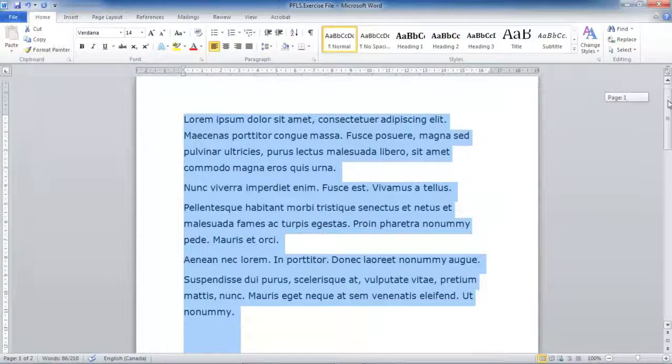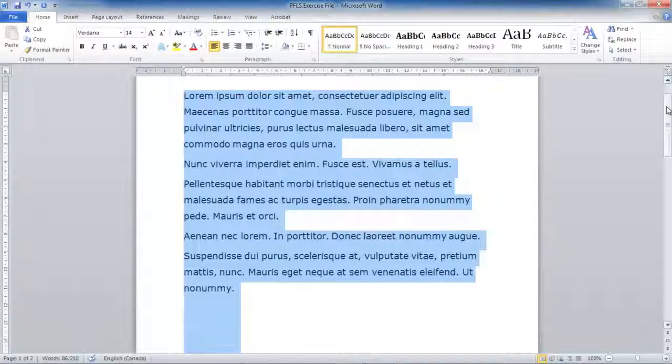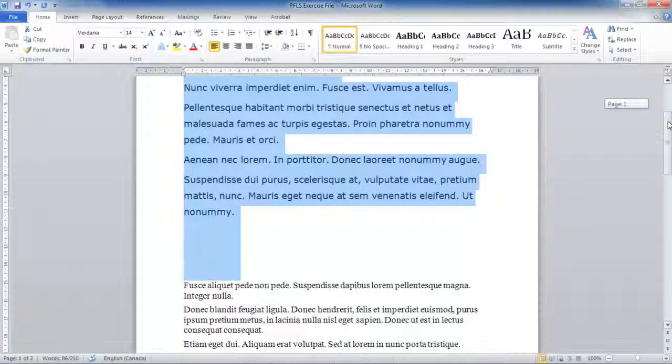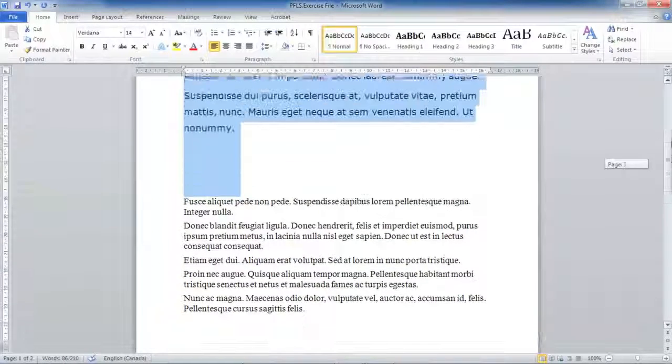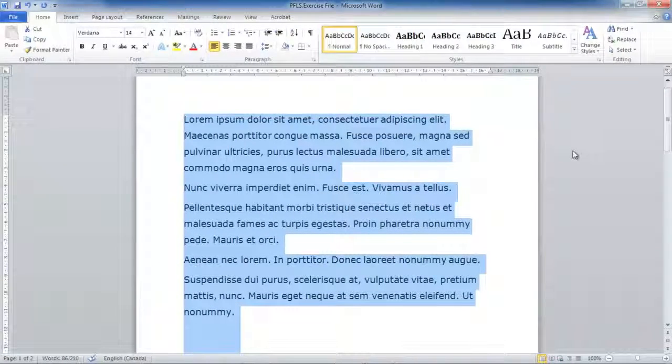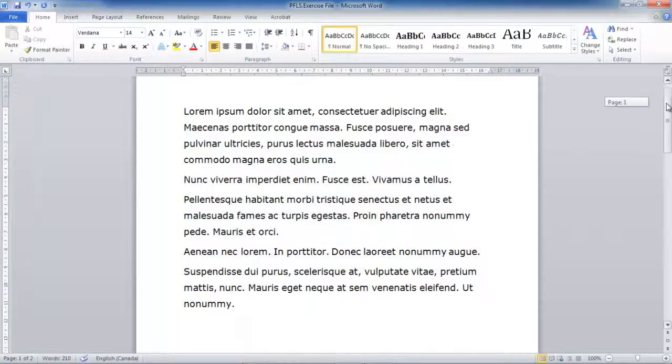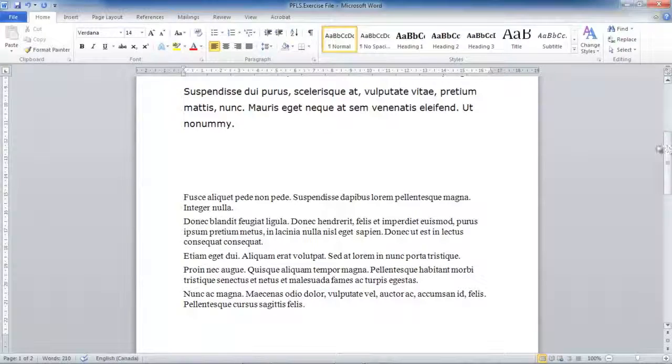That will change the amount of space between the lines of text for all of the text that I have highlighted in my document. It won't affect any content that I haven't highlighted, and that's important to note because this episode is all about making sure that specific content in your document can be modified without affecting other formatting. If you would like to know how to make broader changes in your document and change all of the text for certain parts of your document, please take a look at my tutorial on how to modify document styles.